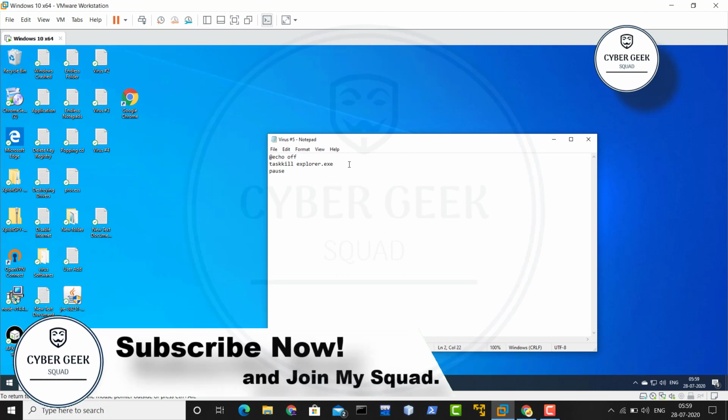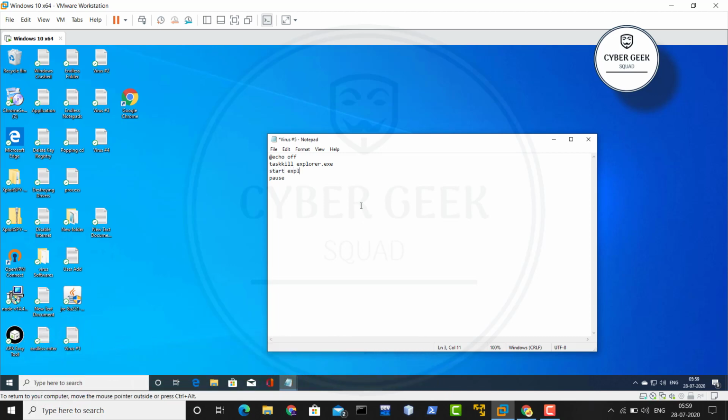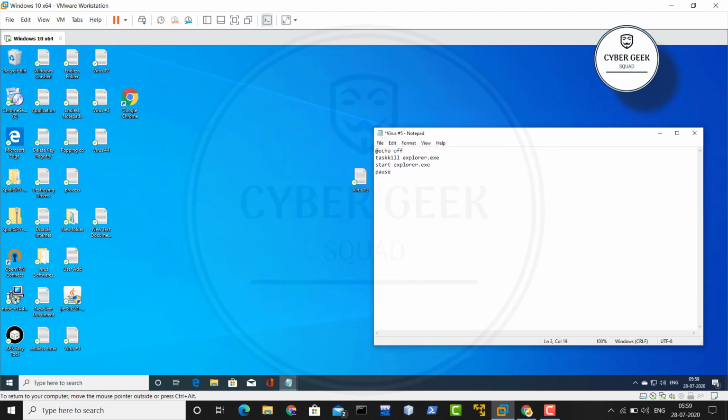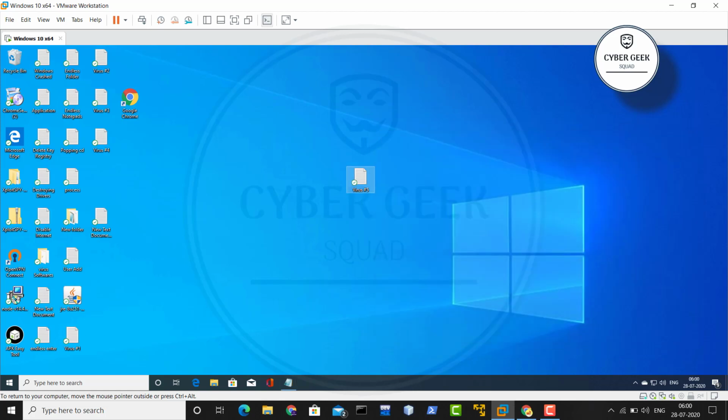So to make it perfect, what we have to do, it's written over there: taskkill explorer.exe, right here, start explorer.exe. Okay, so this is what you have to give, and this is the basic command to fix your Windows freezing. It gets frozen up, right, and there are certain problems. So this is how you can fix that, and just save this one. I'm not gonna create a bad file once again. So this is what we can do with simple bash script commands.